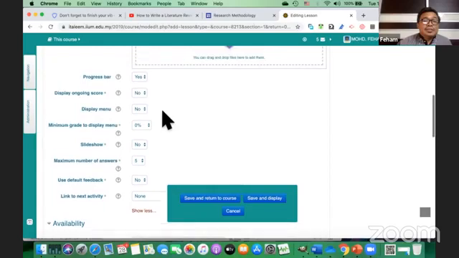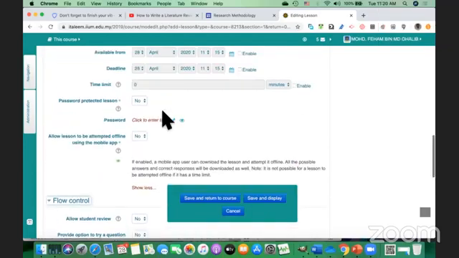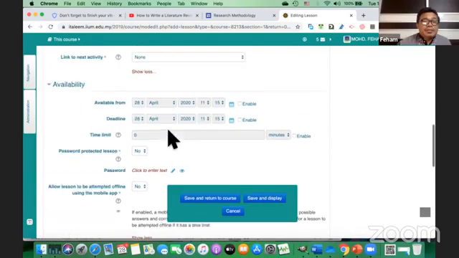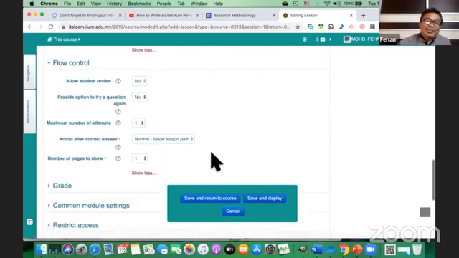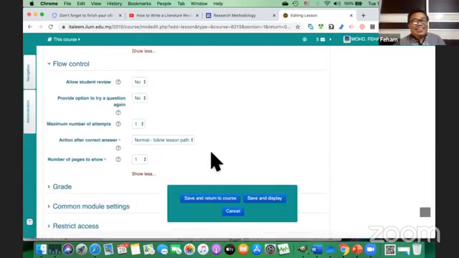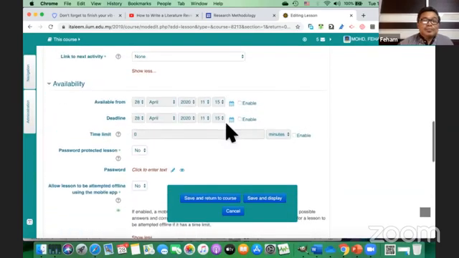I couldn't remember, it's flow control. Okay, show more under flow control. I didn't click on show more. Sorry. So under here, maximum number of attempts. So you can decide how many attempts to be given to our students.